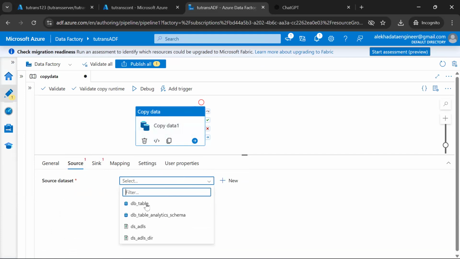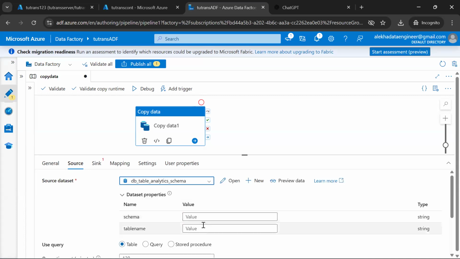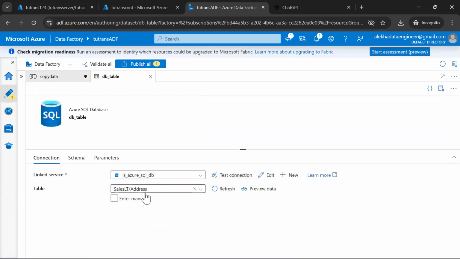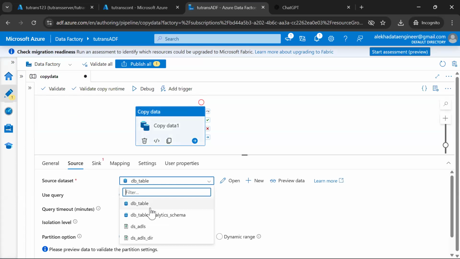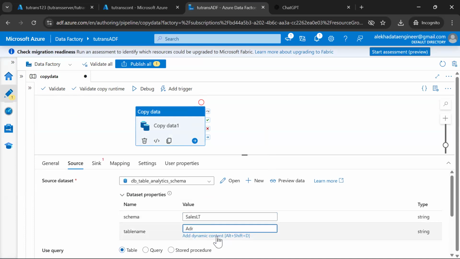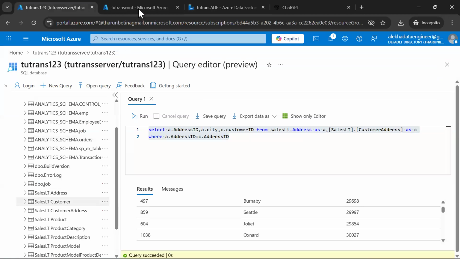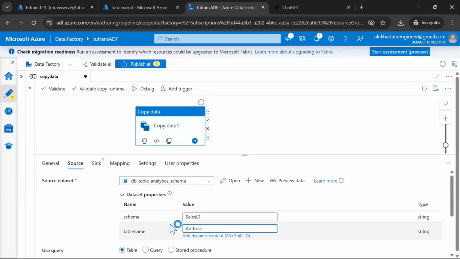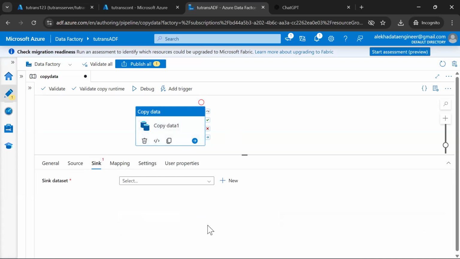So here, I'm trying to extract the data from a table. I'm using a parameterized dataset instead of hard coding. If you see the database table dataset, it may be a hard coded one, so I don't want to use that. That is the reason I'm using this one. Here I'll pass the schema name and address. I want to get the data from this particular table,